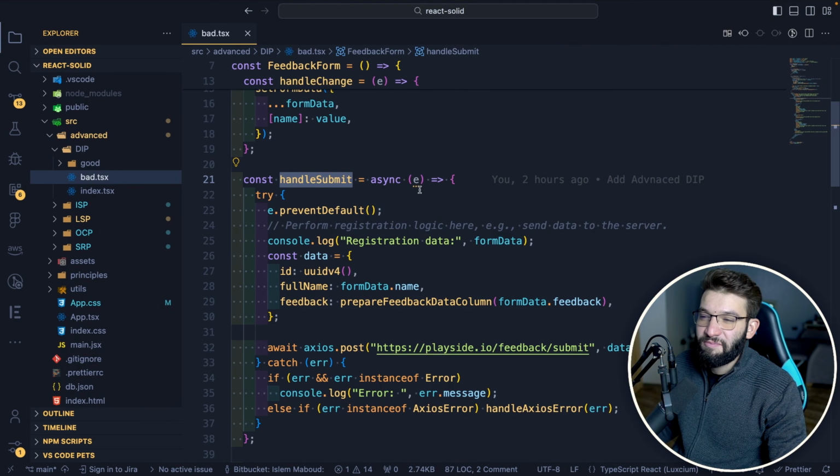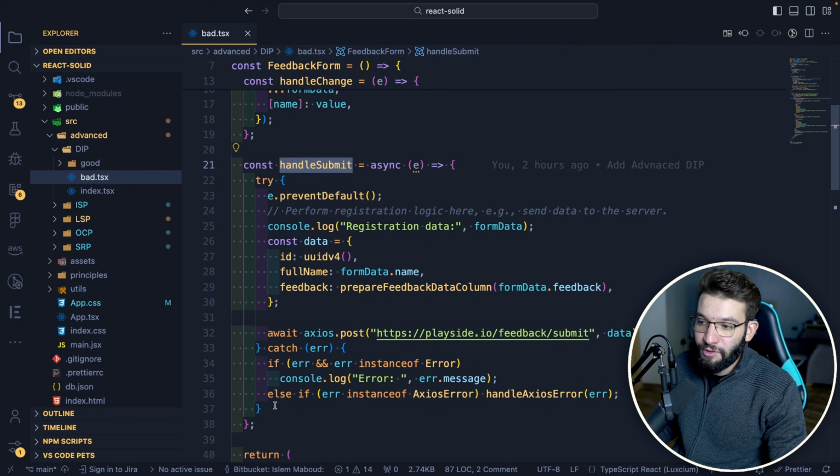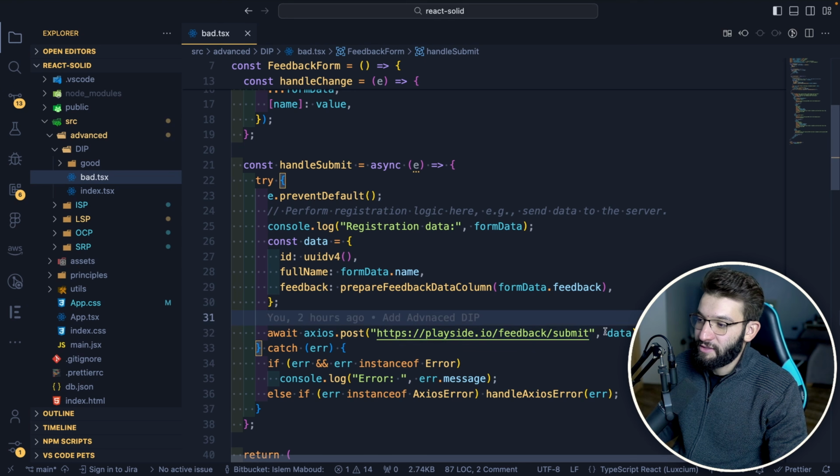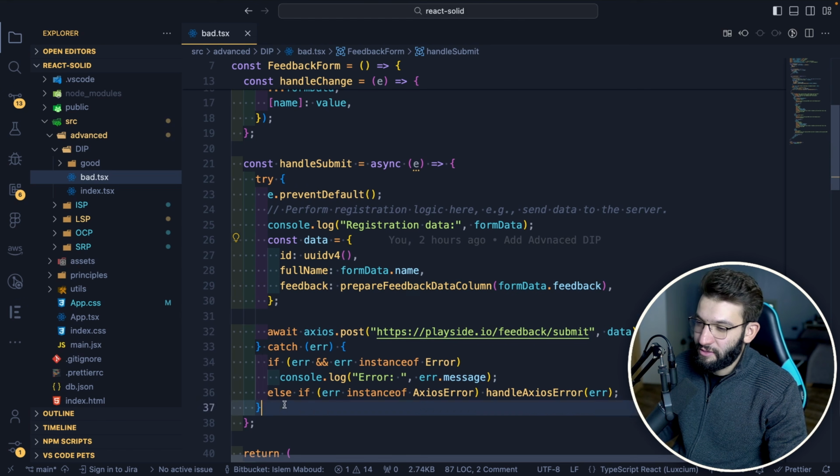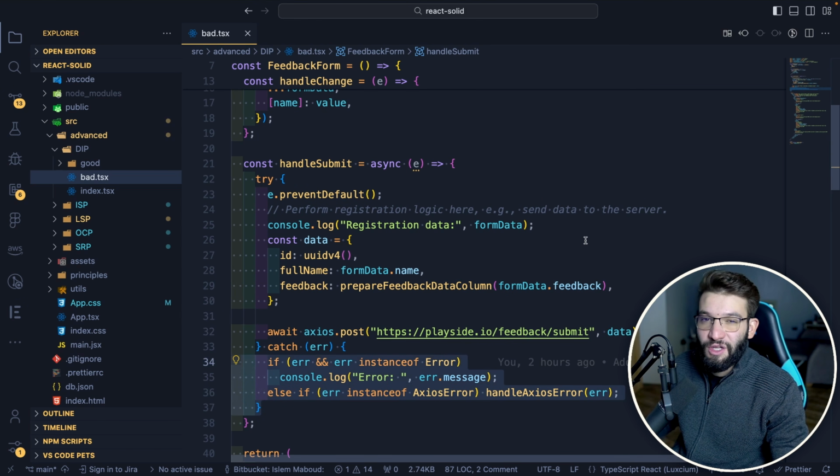So here, it's basically dependent on a concrete implementation, where it uses all the details. It accesses the API URL right inside of the component, it prepares the data as well, and it does some error handling for that, which is a little too much for our component. And that makes this not adhere to the dependency inversion principle, because it has a very concrete implementation of